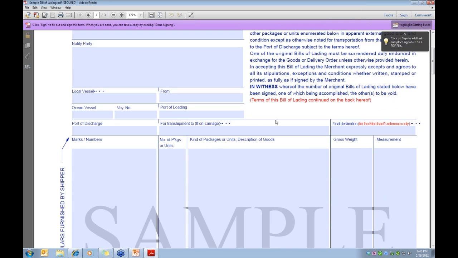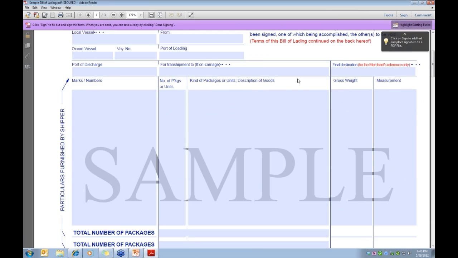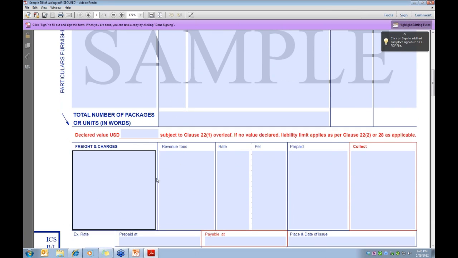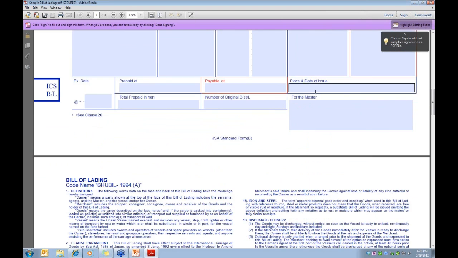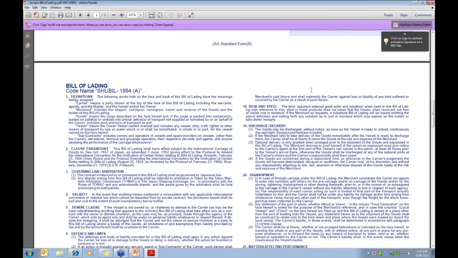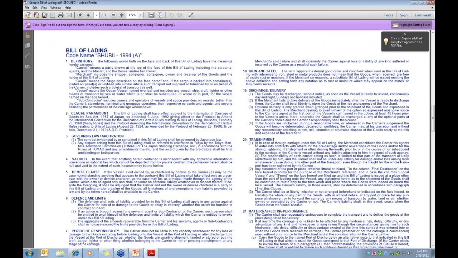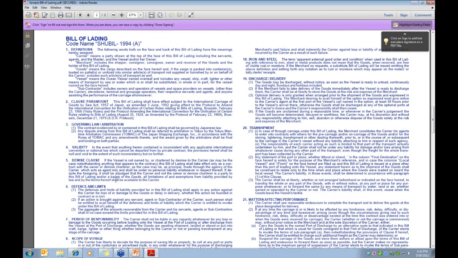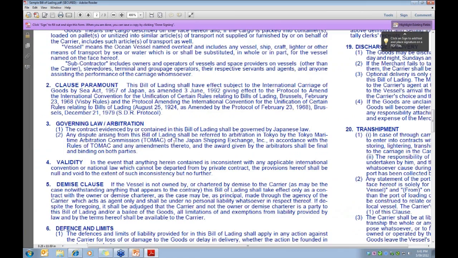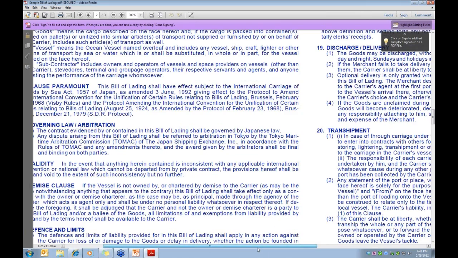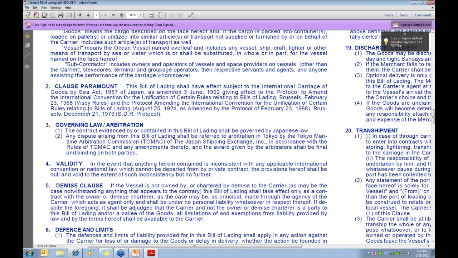here the shipper and the consignee are specified. This is the front page, so usually there would be a description of goods, but I would like to focus on this second page, which sets out the terms and conditions of the bill of lading. In particular, you can see here clause 2 and clause 3, which this clause 3 deals with governing law, and it says that the contract evidenced by